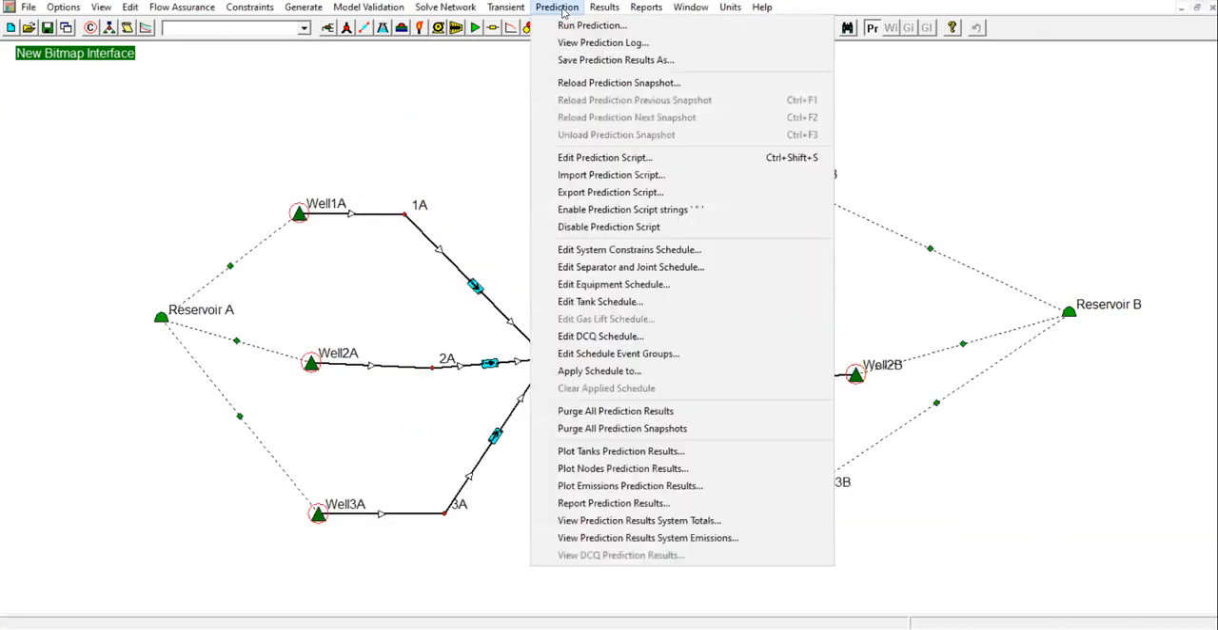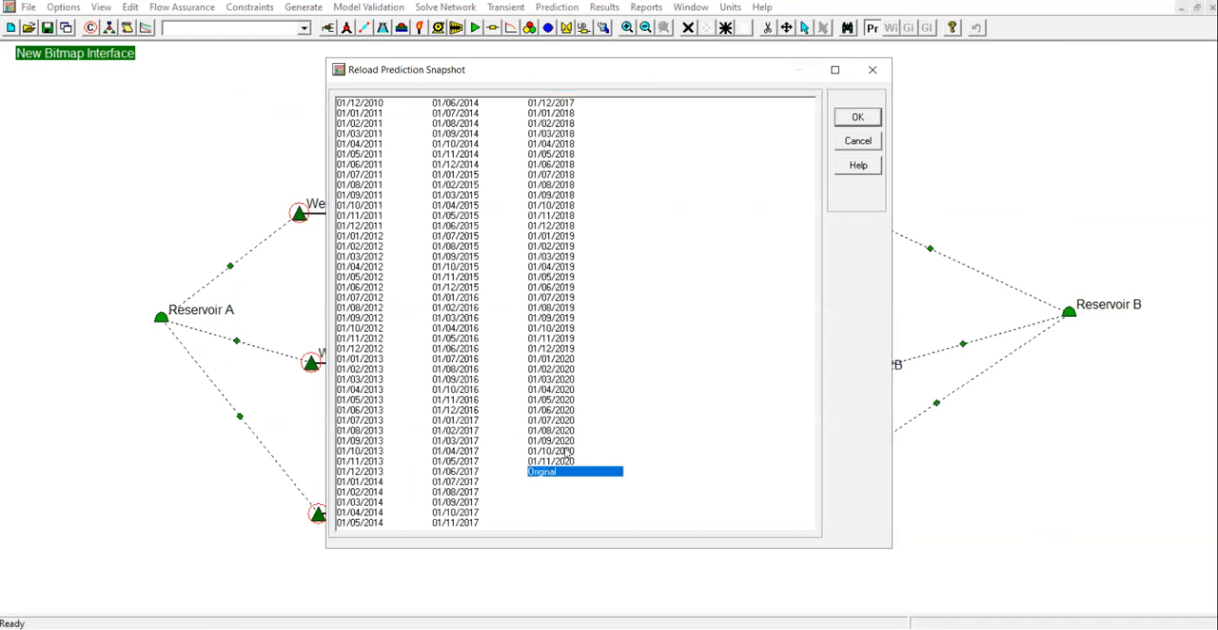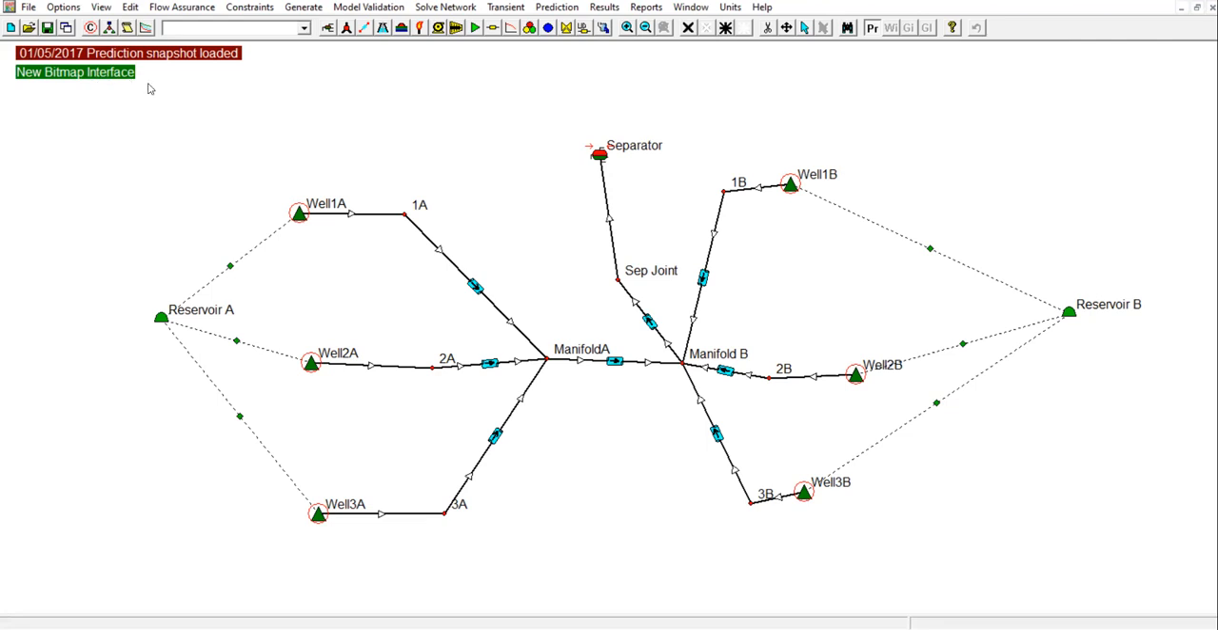I'm going to go there, reload. May 1st, this. All right, and then click on OK. New bitmap interface, and then May 1st, 2017. Prediction snapshot loaded. Okay, so to analyze well 1A in more detail, let's double click on this to find the